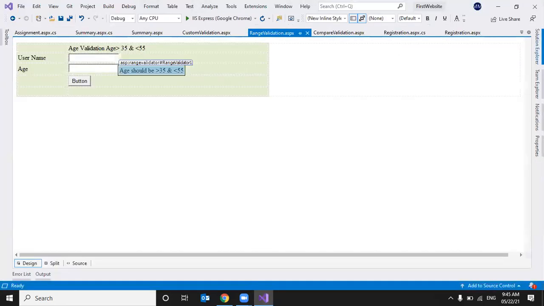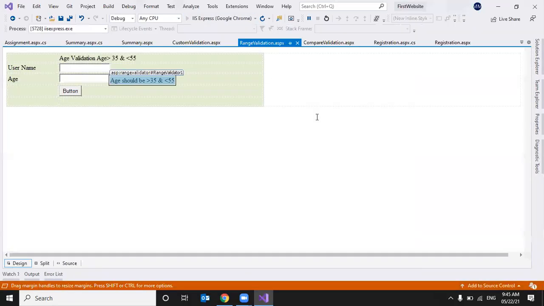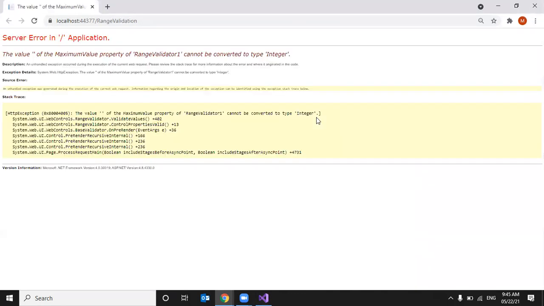So let's check the scenario you mentioned, where you give only the minimum value, not the maximum value. If you want to check only min value, you can set only min value. If you want to check only max value, you can set only max value. If you set both, it will validate both. Let's see. The value of the maximum value property cannot be converted to integer.